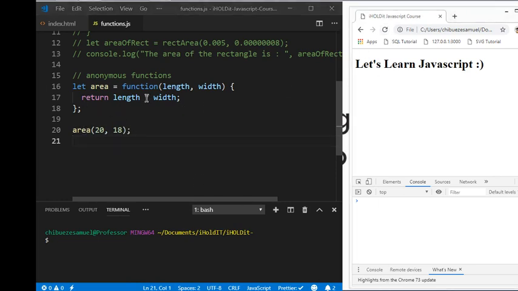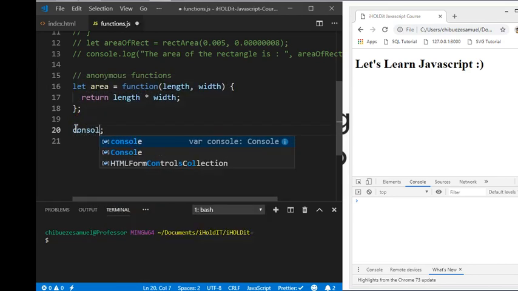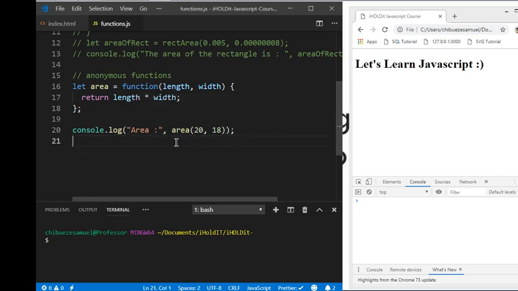Although this function is executing and returning the area of the rectangle, it is not being printed. But I can still do something like this, console.log, that the area is,